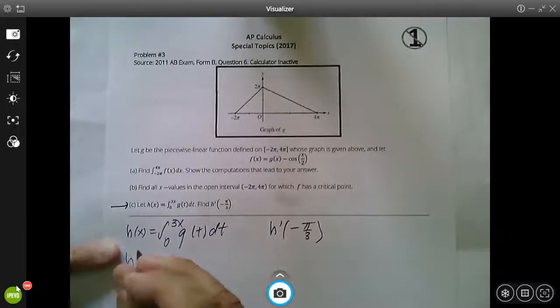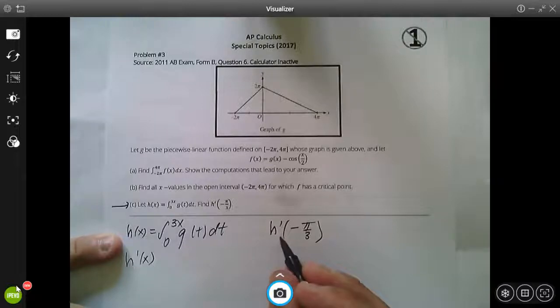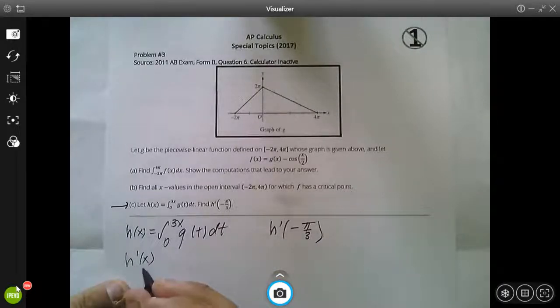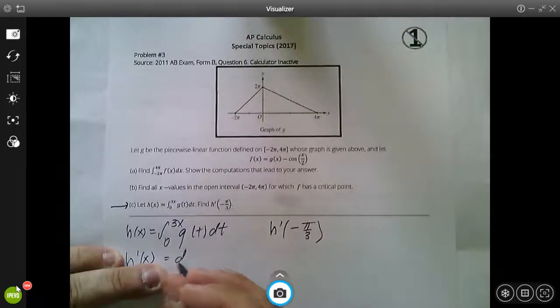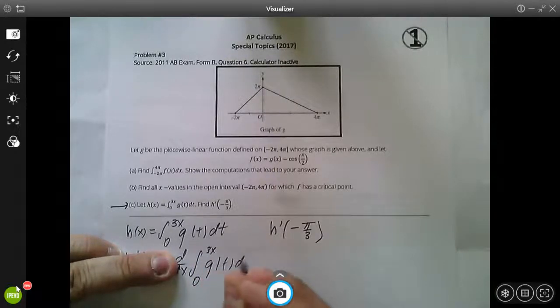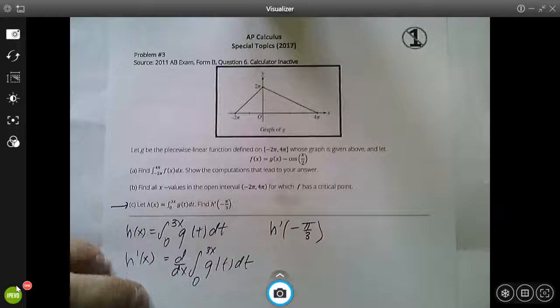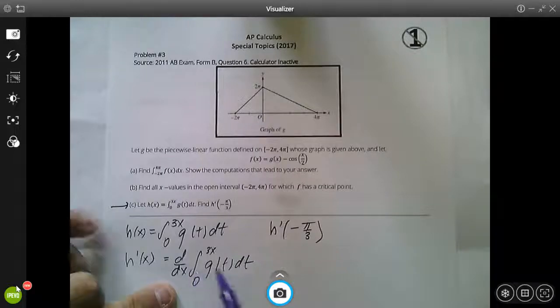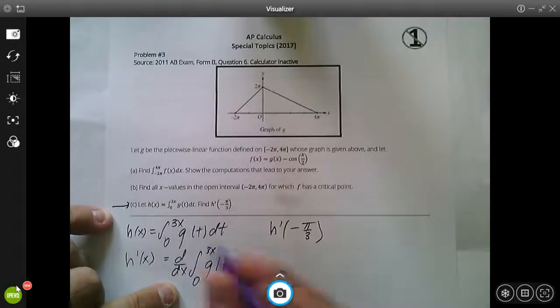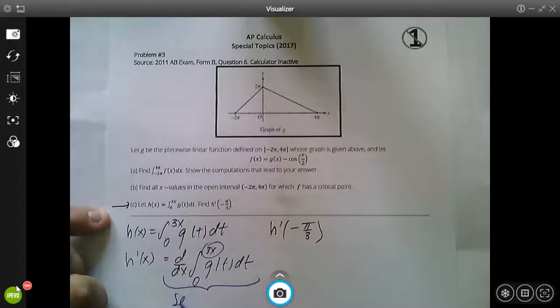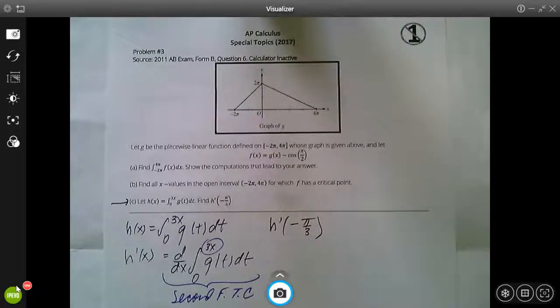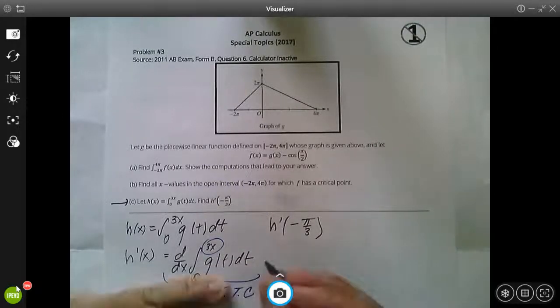Well, we talk about this a lot in class. If you want to find the derivative of the function at a point, you first find the derivative of the function. H prime of x is the derivative of this crazy looking integral. And as scary as that might look, there's actually some really nice stuff that's about to happen. The derivative of the integral of a function from a constant to another function, this is that second fundamental theorem of calculus. The second fundamental theorem of calculus says all that you need to do when you take the derivative of the integral of a function from a constant to another function